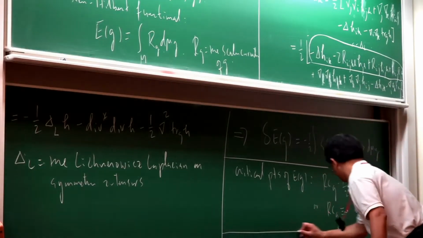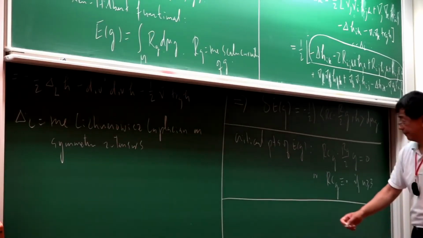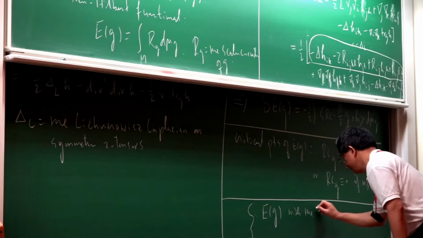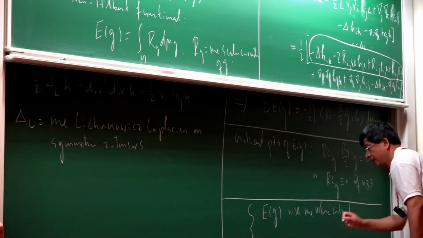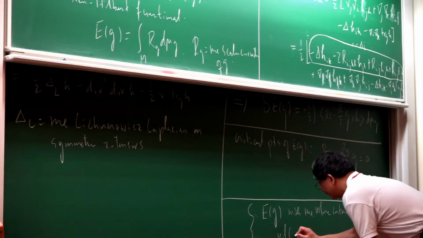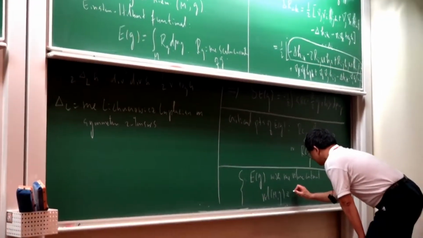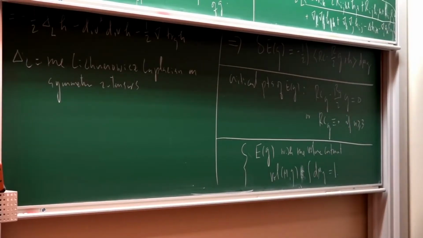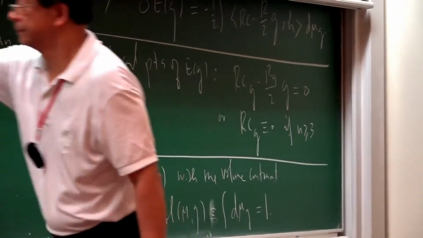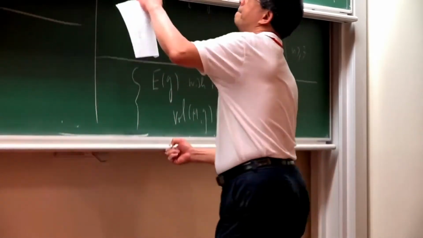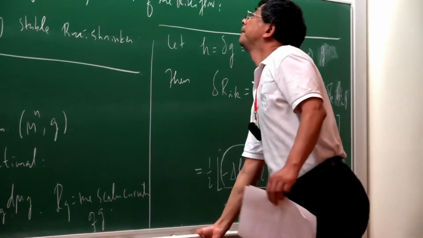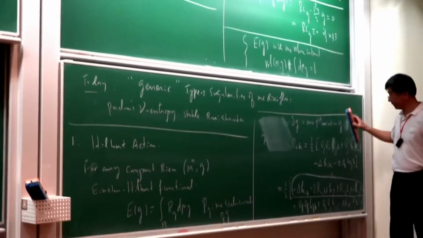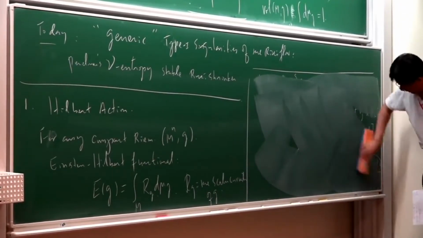And then if we add the volume constraint normalization, that the volume of M with metric G, the integral of d mu of g, is equal to 1, then we get the Lagrange multiplier, right? So then this implies